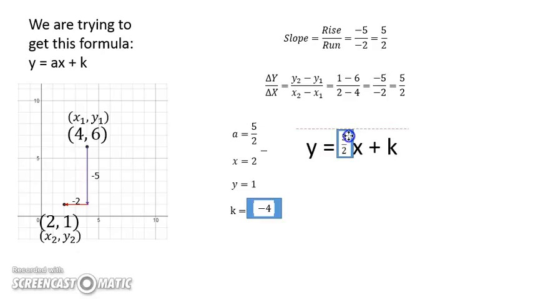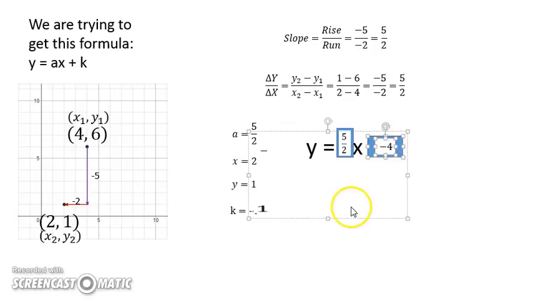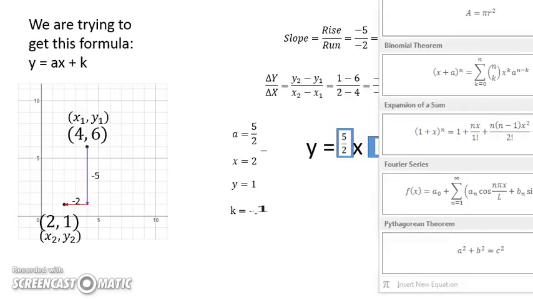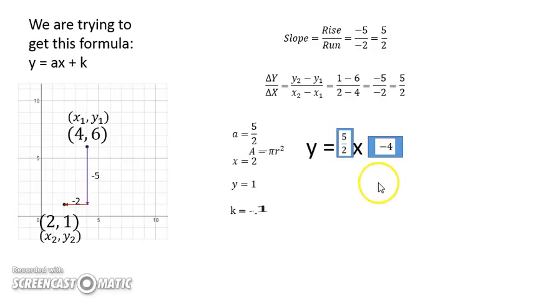So we want to substitute our a. We want to simply replace it with the a we found for our slope. Then we want to substitute our k value. So we end up getting an equation of,